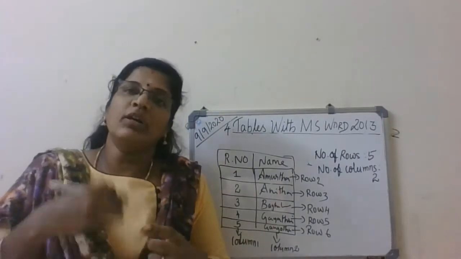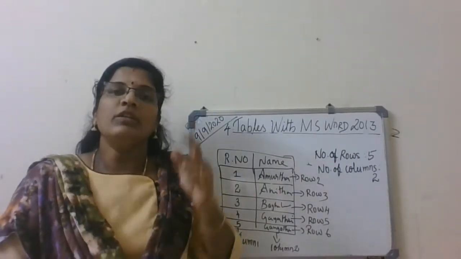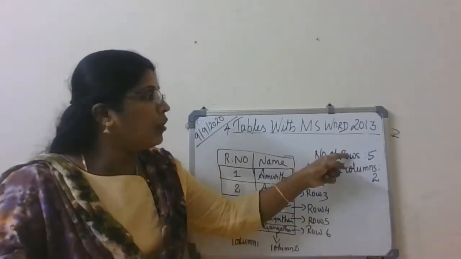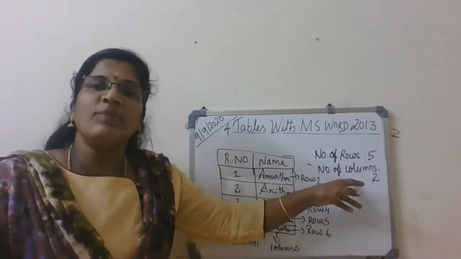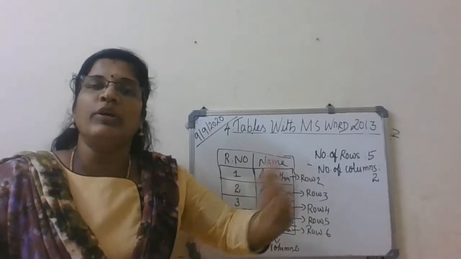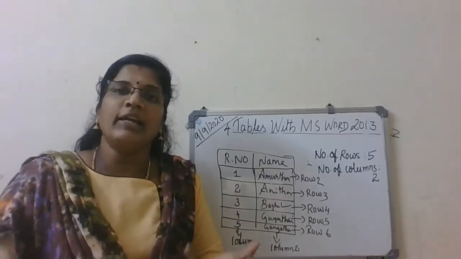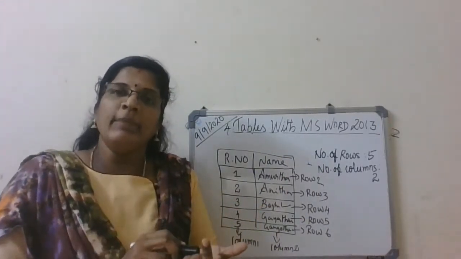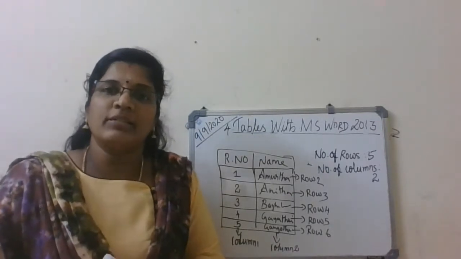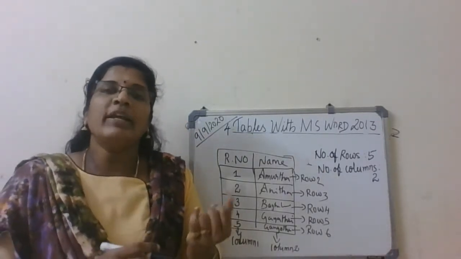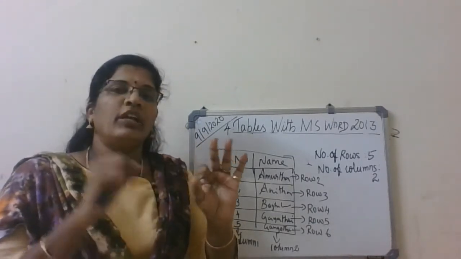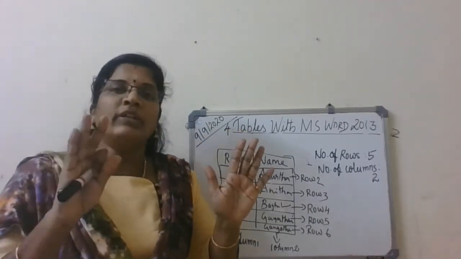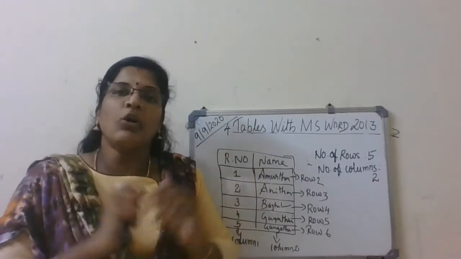So whenever you are supposed to create a table, first think of how many rows and columns you need. Okay, so columns, it's very easy. As many columns as your table is going to contain, like a roll number, then name, then 5 subject marks, total marks. So how many? Roll number, name, 5 subjects, 1, 2, 3, 4, 5 subjects, and total marks. So total 8 columns you need.